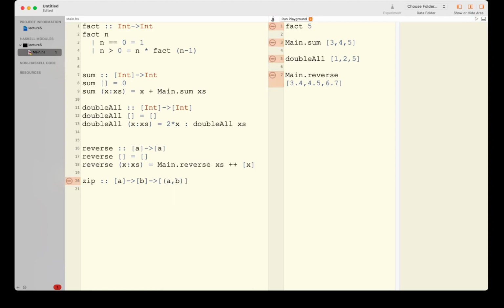So let's define that in a little bit more detail. First of all, I need the base case. So if I'm going to operate on an empty list,